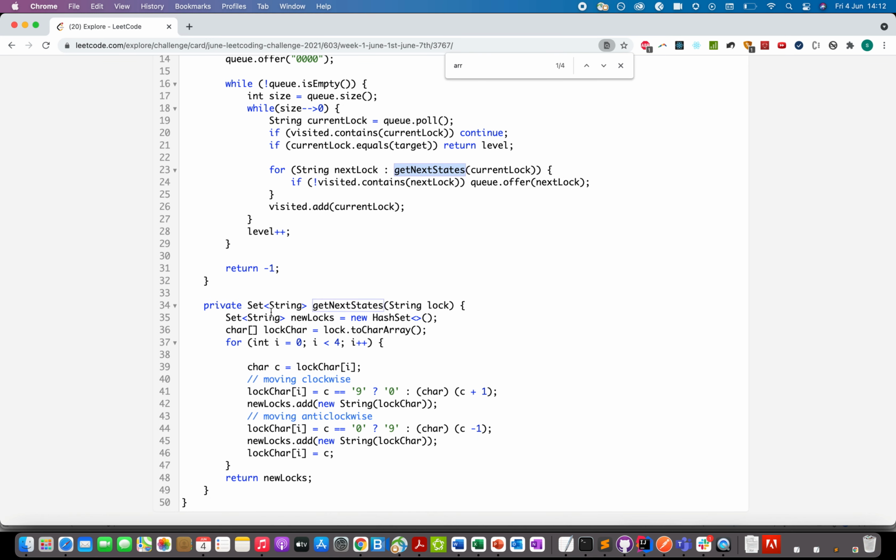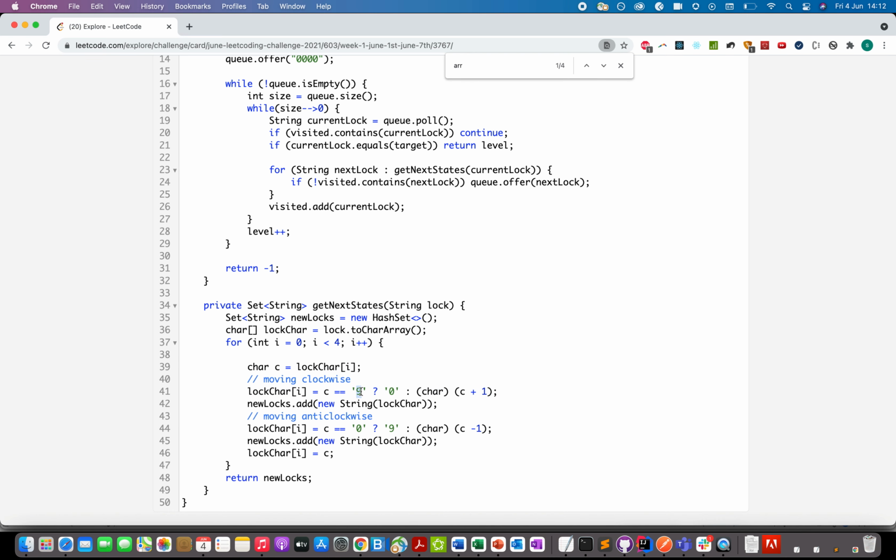The next state method returns a set of strings that are basically the higher states from the current state. I defined a hash set again, and I converted my current lock state into a character array. I iterated over the 0th index going up till 4 because there are 4 wheels in the current lock, and I extracted the current character. I checked whether my current character is equal to 9.